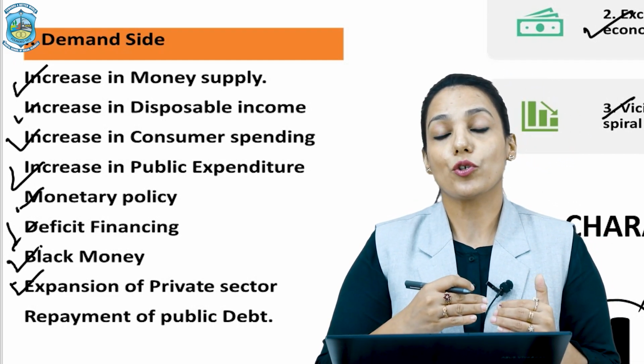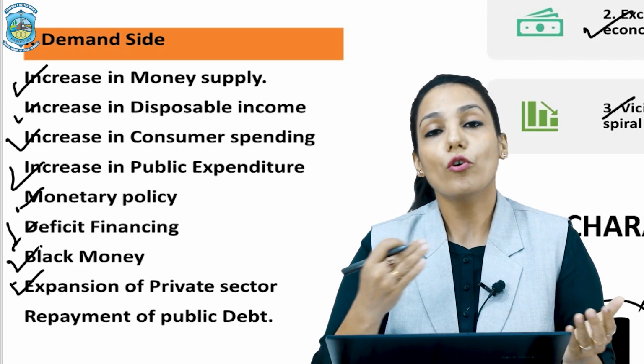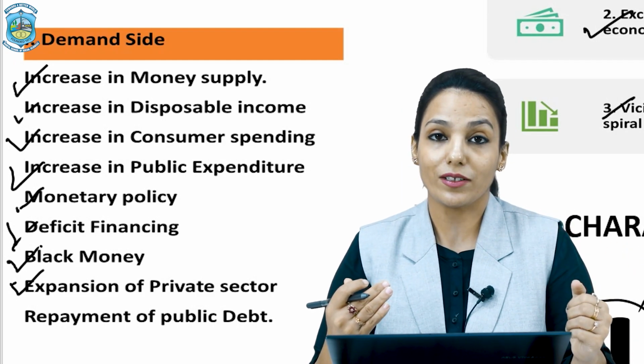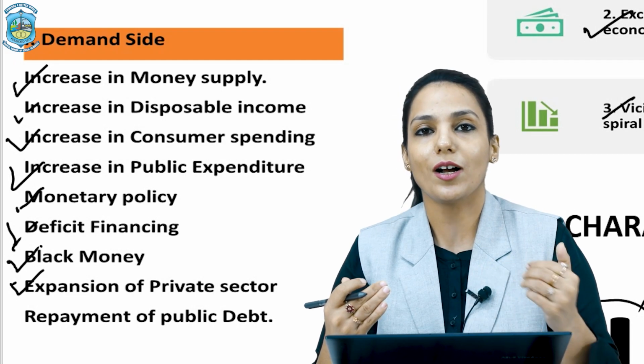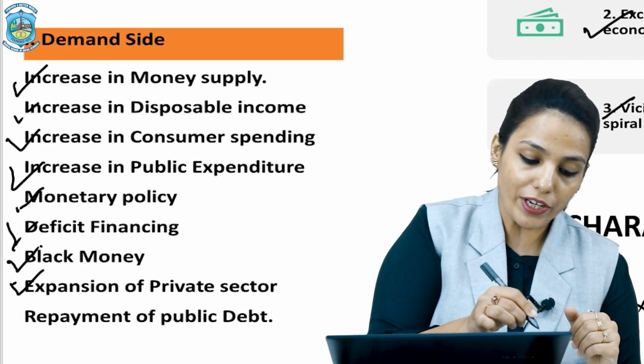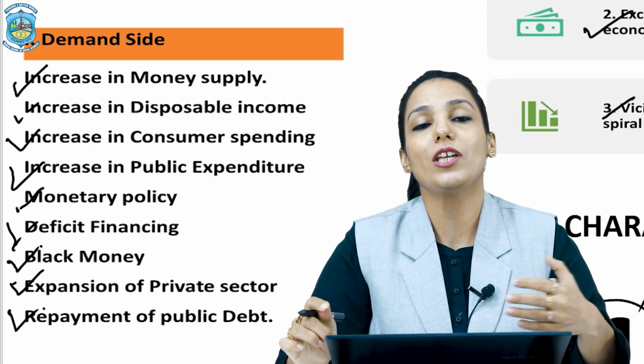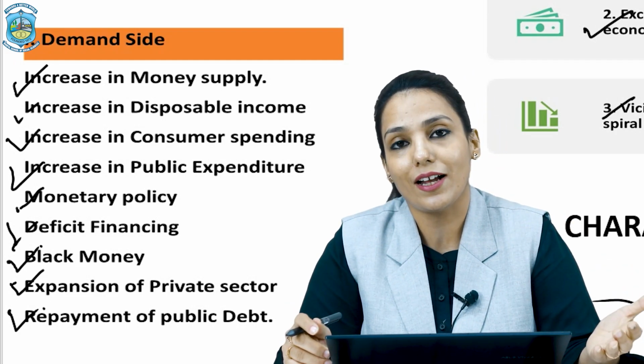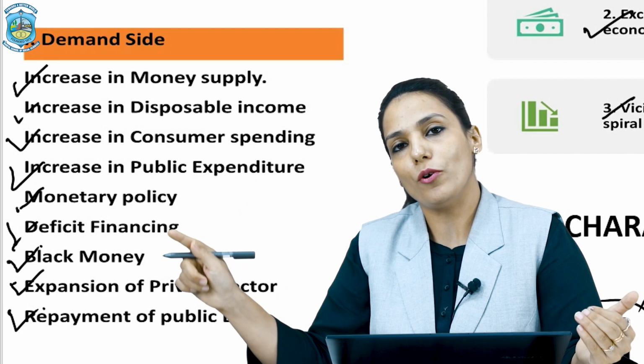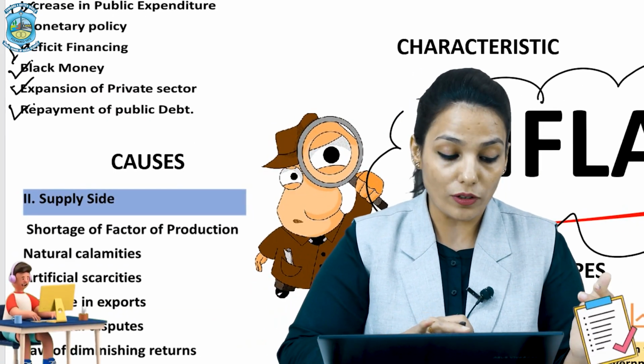Or due to expansion of the private sector, where more firms have entered the sector, that will lead to more income with individuals, or repayment of public debt by the government. That is, when the government repays the internal debt that was taken, again money flow in the economy is going to increase. The supply side causes include